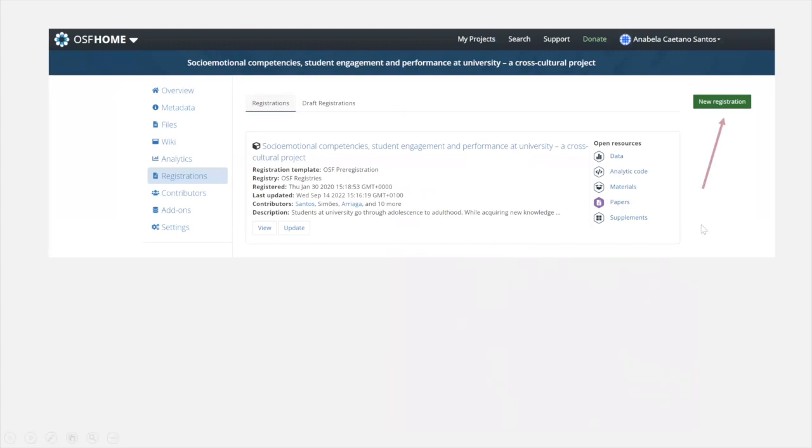Also, something that is useful, for instance, for the dissemination of your research, is that here we have the pre-registration of our study, and then we can link it with the paper once it is published. We can link everything, and it is easier for dissemination of our studies. And as you are seeing, there are a lot of other resources that we can upload here, for instance materials, the analytic code, our supplementary material, and everything is easier for others to see.